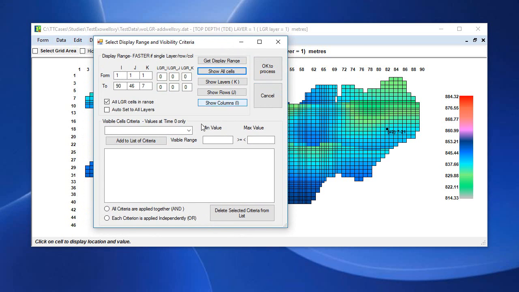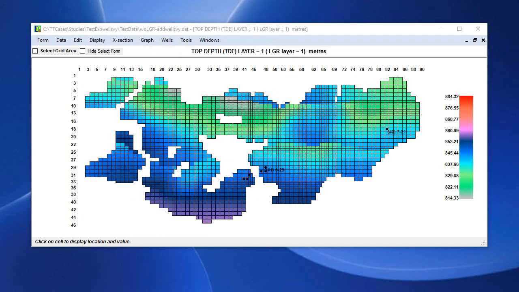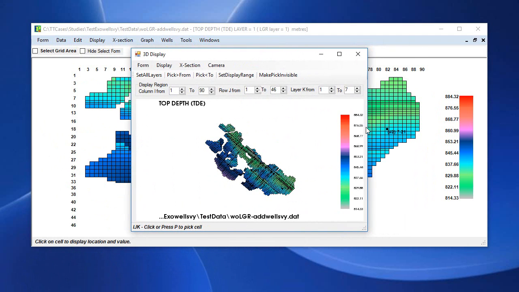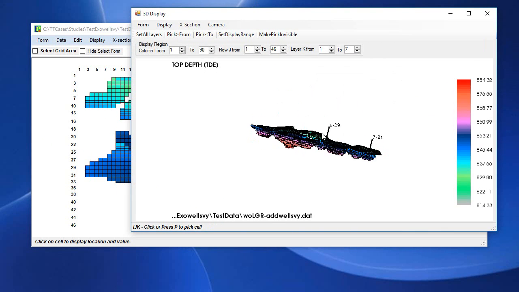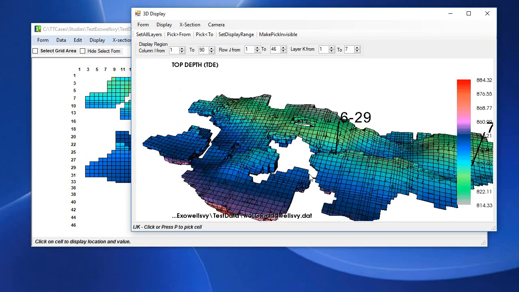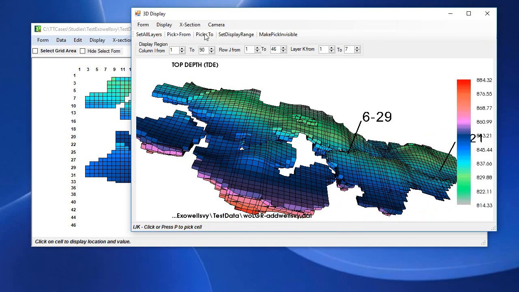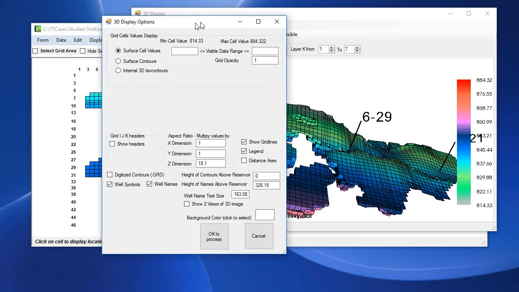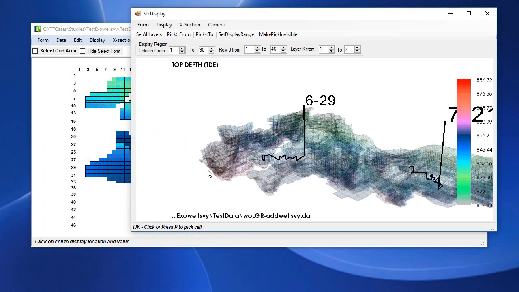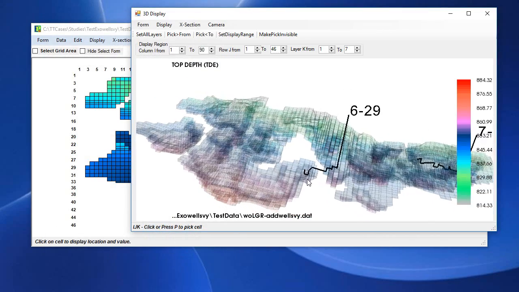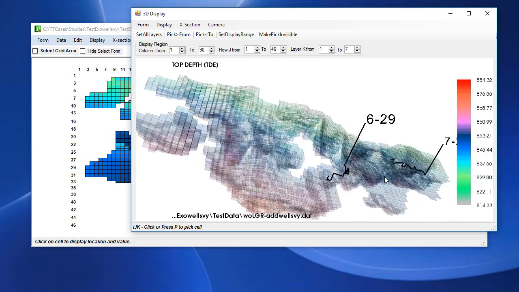Okay, the process, and then it comes up with a 3D picture of the two wells, and if I were to choose the option to make the cells partially opaque, transparent, I mean, so partially transparent, opacity of 0.1, for example, you can see the internal structure, we can see where the locations of the path of the well inside this